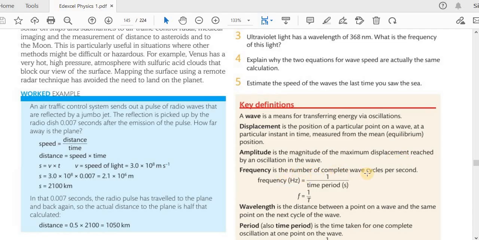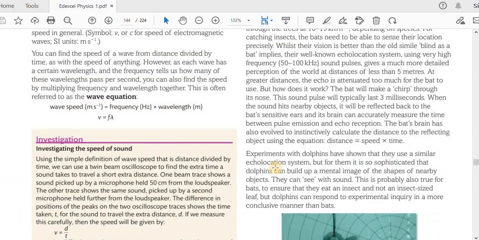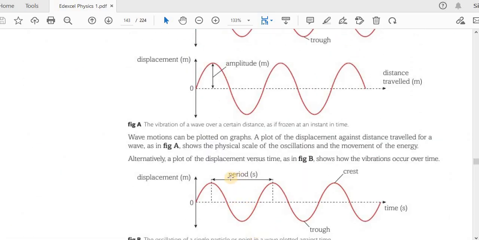Frequency is the number of complete wave cycles per second. Frequency equals 1 over the period. Then wavelength is the distance between a point on a wave and the same point on the next cycle of the wave. Now, a common mistake that students make is they sometimes label from here to here as the wavelength,